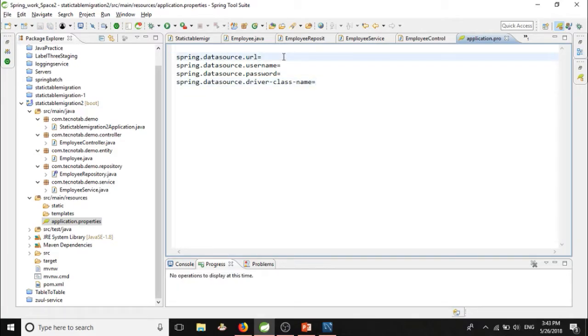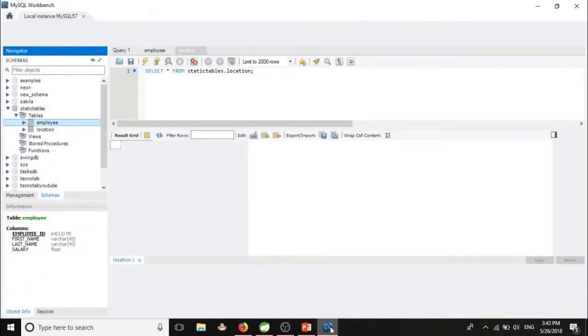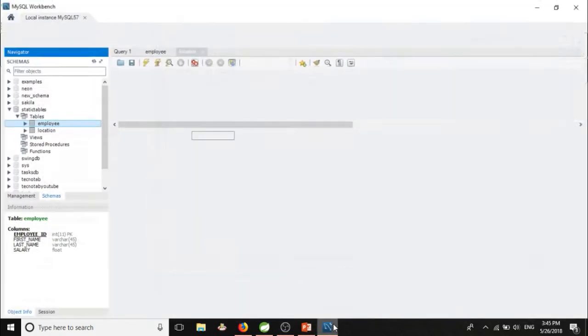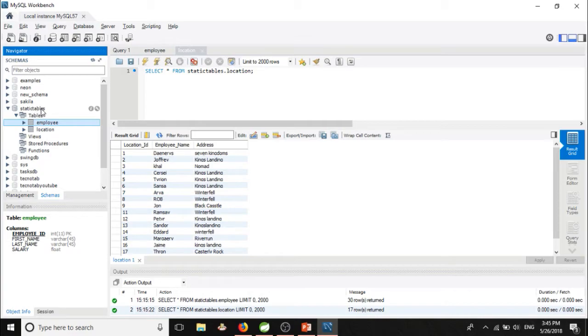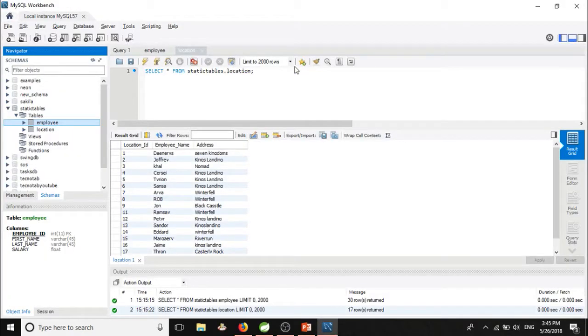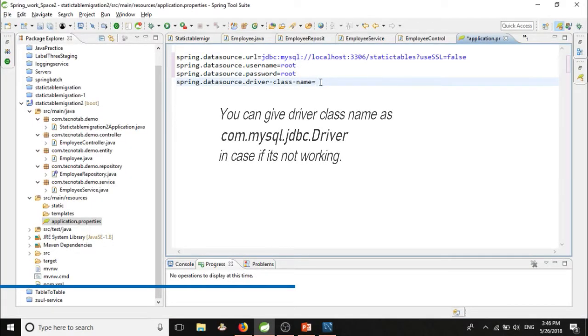All these things we need to provide. The URL for connecting to a MySQL database should include the name of your schema. Our schema name in this case is static tables, all small. Our username is root, password is root. Then the driver class name is not necessary. Spring Boot will do it automatically for us, but for later use we will need it, so we will keep it and just comment it out.